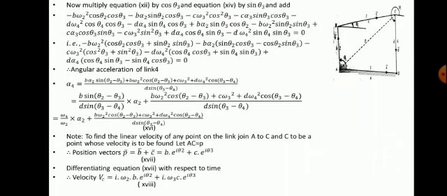Same steps we can do. Equations we multiply by cos theta 3 and sin theta 3. Therefore, angular acceleration of the link 4 can be given by alpha 4 is equal to